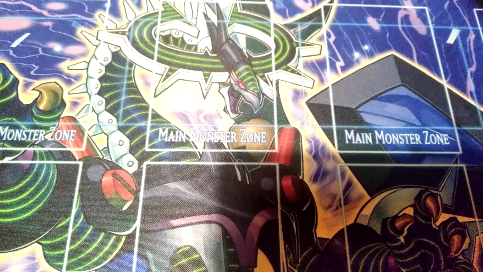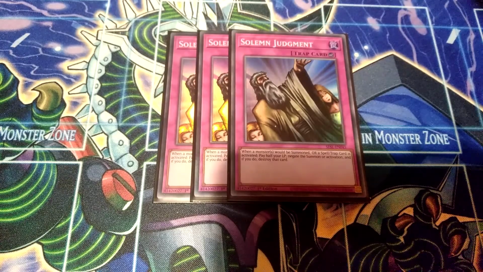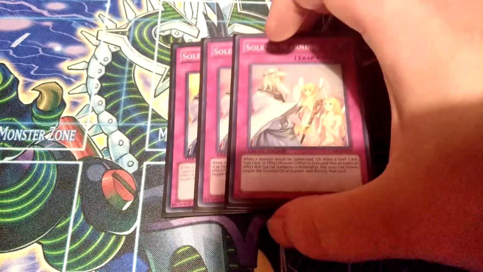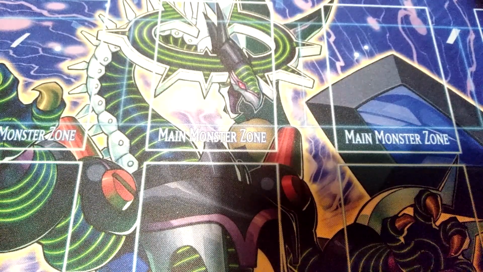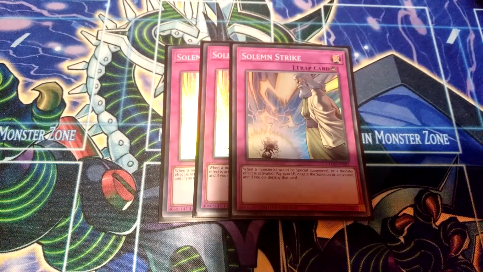So I use triple Swarm Judgment. Of course you know how amazing this card is, negates anything and protects your board. Then a triple Solemn Warning, of course pretty good as well, negate any summons. And of course triple Solemn Strike, of course mainly you want to just stop cards like